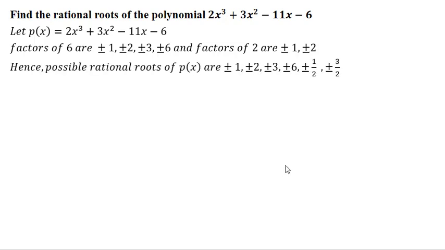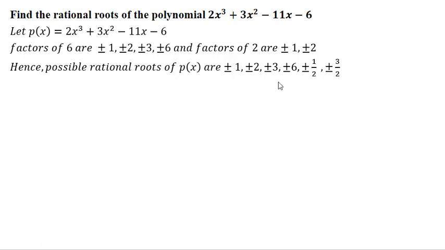So I will have the possible roots of px as plus or minus 1, plus or minus 2, plus or minus 3, plus or minus 6. I write all these numbers because they are going to be divided by 1 and that will give me the same answer. Next, these numbers are divided by 2. So I have plus or minus 1 by 2. Now plus or minus 2 by 2, already it is 1, so it is there. So I will not write that. Then plus or minus 3 divided by 2 will give me plus or minus 3 by 2. And lastly plus or minus 6 divided by 2 gives me 3, which I have already written.